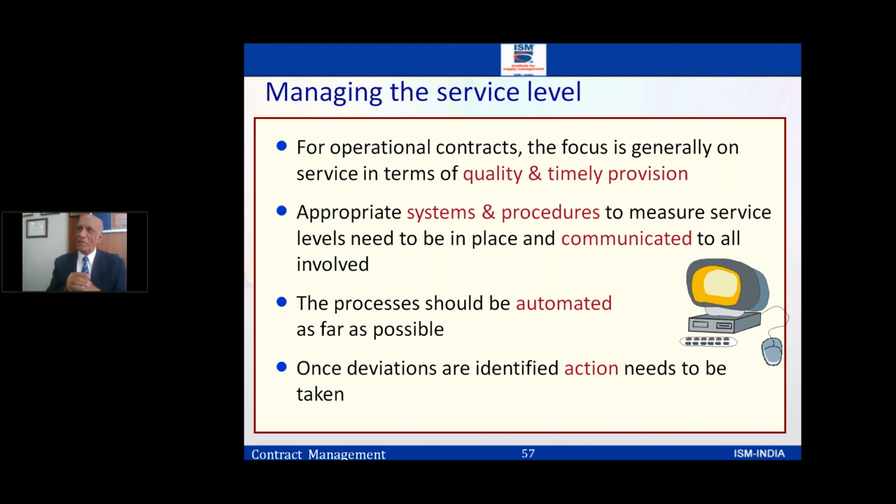The next comes managing the service level. It is nothing but defining the service level. Okay guys, I may allow you 4%, 5% variation in the quantity. Somebody says 0. I want this, mean this. Even if it's one piece less, I'm going to reject it. So there is a service level defined around. Price increase will not happen more than 4 or 5%. But if it is exceeding more than that, sorry guys, we can't. There is a service level on quality, service level on performance, everything around. So once the deviations are identified, action needs to be taken.